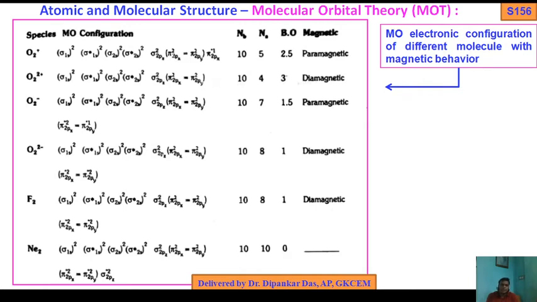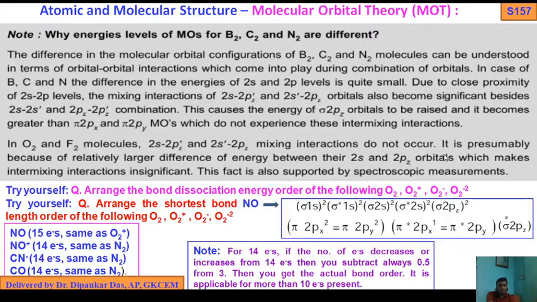As I told you, if unpaired electrons are present in the MO electronic configuration, it is paramagnetic. If no unpaired electron, diamagnetic. And you should remember, I will later discuss the trick. If the electron goes from a bonding MO, then bond order decreases. If the electron goes from an antibonding MO, then bond order increases. So that is the MO electronic configuration of all the species, including their bonding electrons, antibonding electrons, bond order, and also the magnetic behavior. Next, move on.